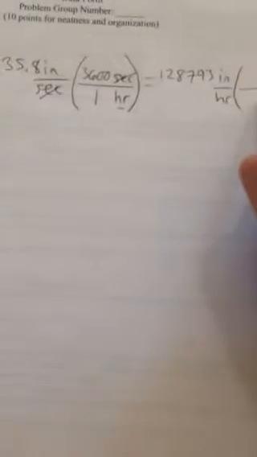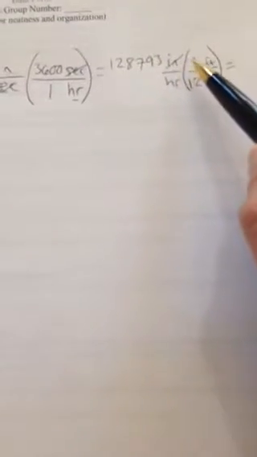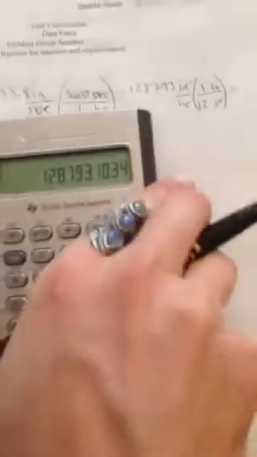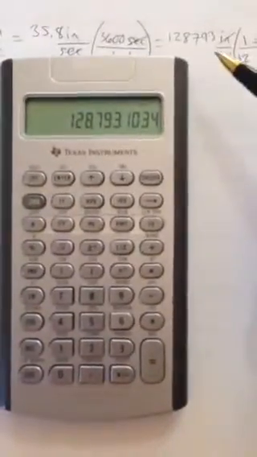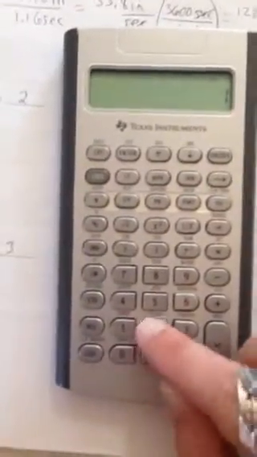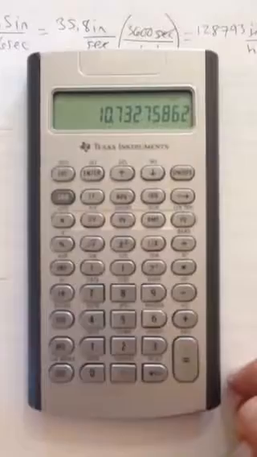So we need to convert inches to feet and then feet to miles. So how many inches are in a foot? We put inches on the bottom so that it cancels. For every 1 foot, there's 12 inches. So because we have 12 on the bottom, we take this number, multiply by 1, so you don't have to do anything to it, divide by 12, and we're going to get our measurement in terms of feet per hour. So there's our number, divide by 12, and we have